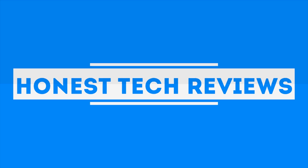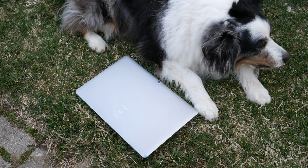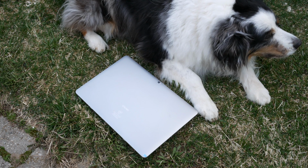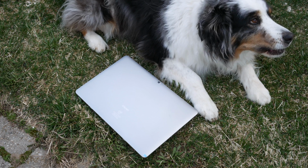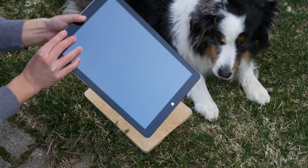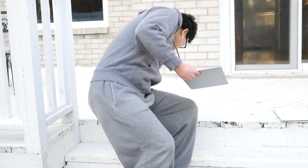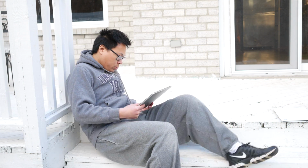The Hi13. The Hi13 is the successor to the popular Hi12 with quite a few improvements. Most significant is a change from the Atom to the Celeron processor and the 3000 by 2000 resolution screen, the same one used in the Surface Book. Sadly, there is no dual boot with the model of this tablet, so let's get right into reviewing the Chuwi